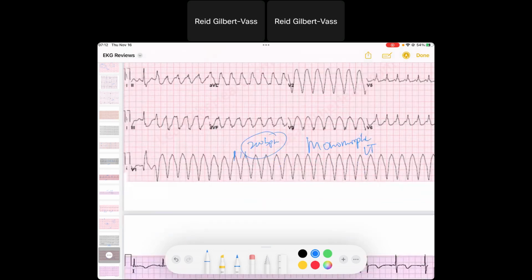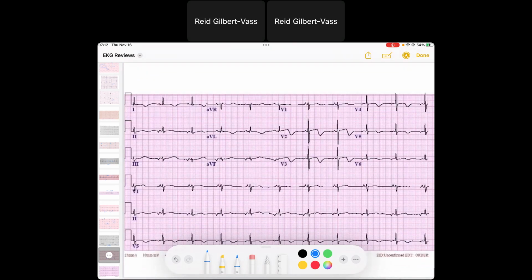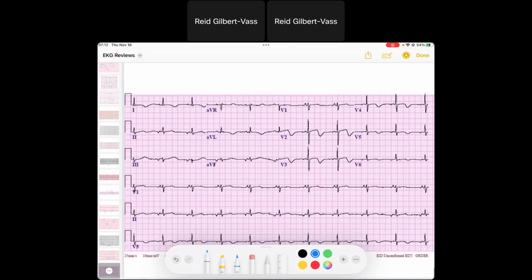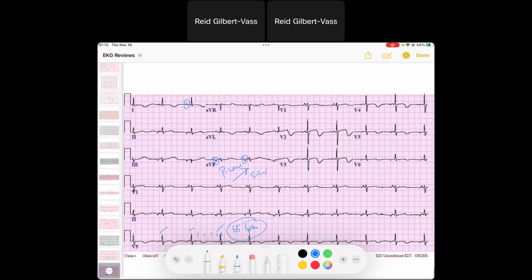Okay, and this is our last one, guys. So here we've got a regular rhythm. The rate is maybe 300, 150, 100, 75, 60, maybe 65 beats per minute. Not exact. Let's look at our atrial activity. We've got upright P waves in lead one, so we know it's going to the left, but downgoing P waves in AVF, so that means it's going up and to the left. This is the P wave. It's going up and to the left,